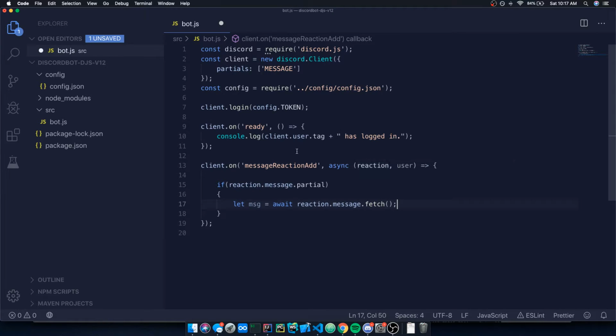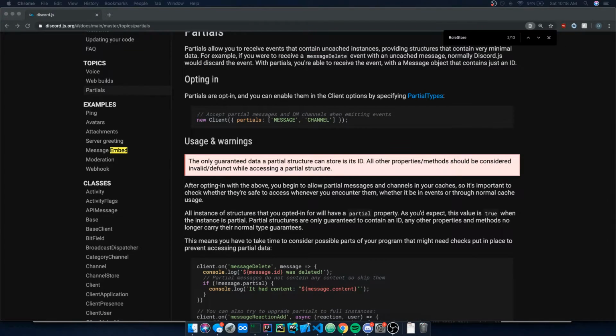Okay, so before, in my previous role reaction bot tutorials, if you guys have seen them before, we had to fetch the message from the channel, right? The way it worked was we had to check the event name first. If the event name was either message reaction add or message reaction remove, we then would have to check if the message was the right one. If that was true, we then had to get the channel object. We had to check the channel to see if it had the message in the cache, and if it did, we would return. If it didn't, we would have to fetch that message using fetch message. And I actually do have the code for